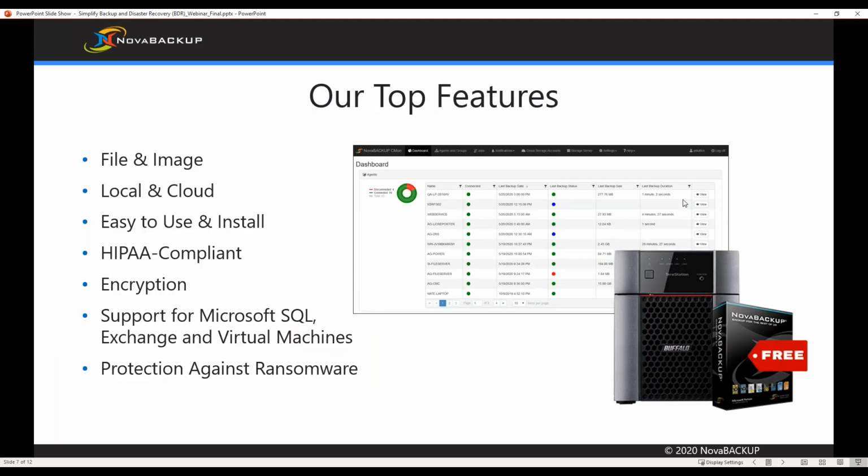Some of our top features of NovaBACKUP, and some of the things that people don't really realize are included with NovaBACKUP, is pretty much the entire gamut of what you would need in order to back up and recover, I'll call it, a small business's